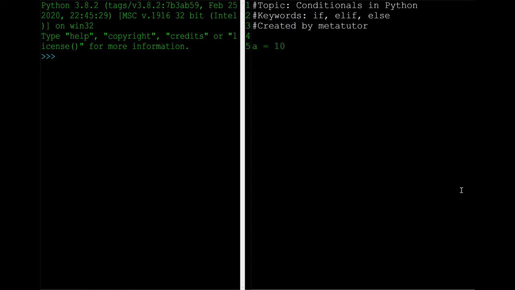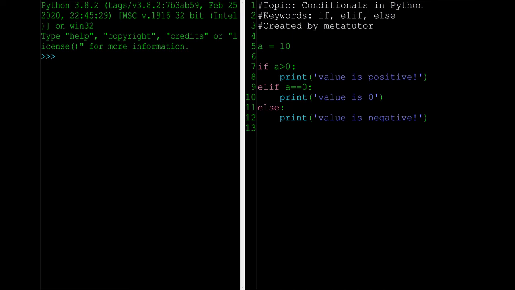Let's create a variable equal to 10, a equals 10. Actually, let me do some editing. No, wait, one more time. And we have code. So, in this piece of code, I create a variable a, set it equal to 10,